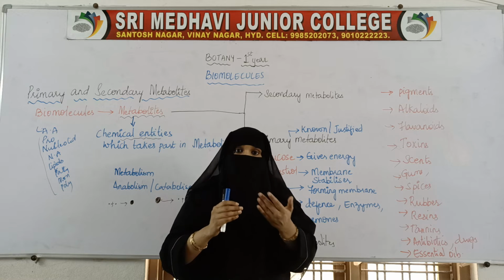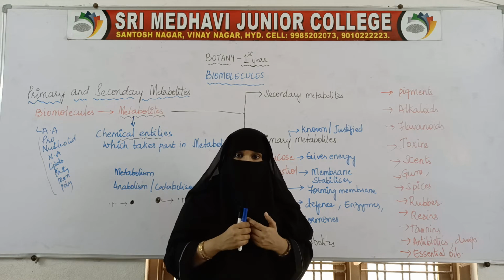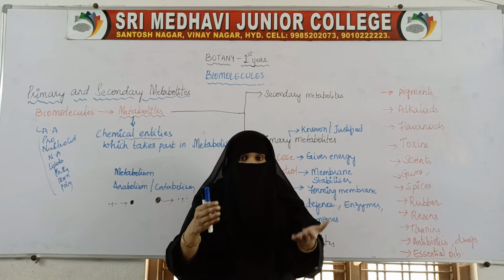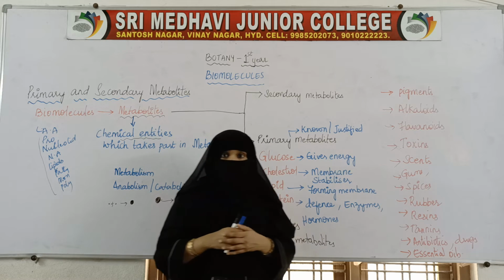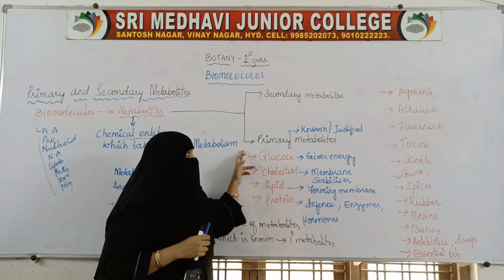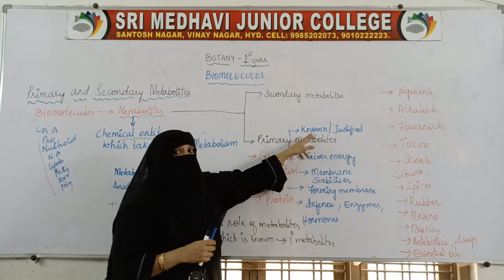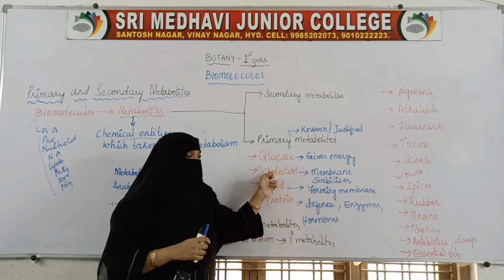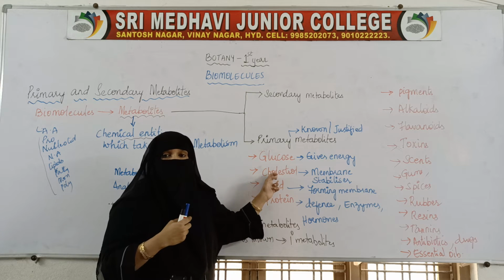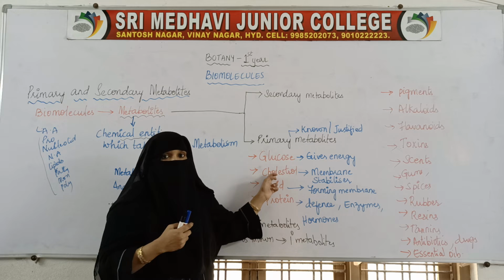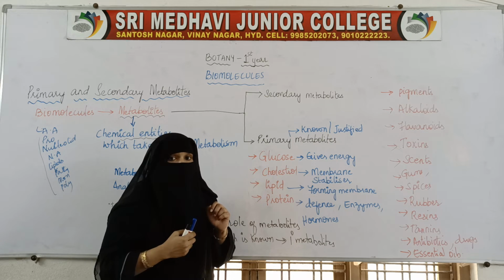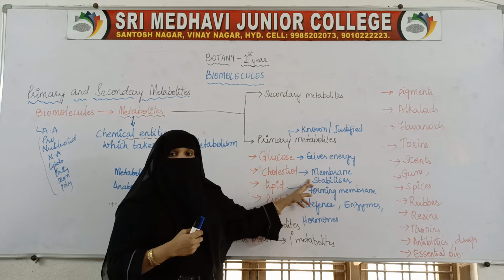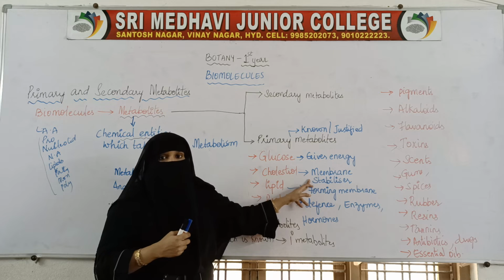Suppose teacher and doctor are metabolites whose role we know, that is, they will be teaching or treating patients. So here also, primary metabolites are the metabolites whose role is known, justified. We can say this glucose is the one which gives us energy. Like cholesterol, which is one type of lipid, the fat present in our body. What is the role of cholesterol? It helps in stabilizing the membrane. The role of cholesterol is that it acts as a membrane stabilizer.